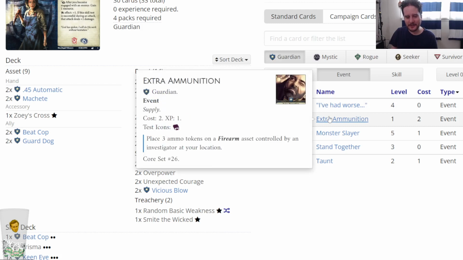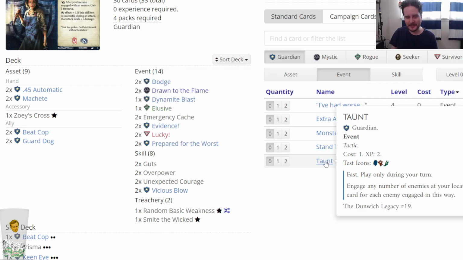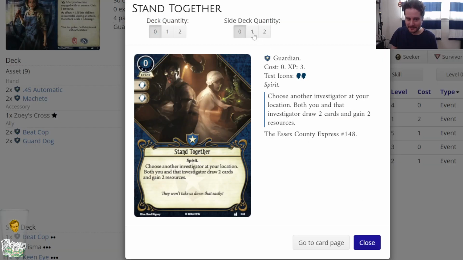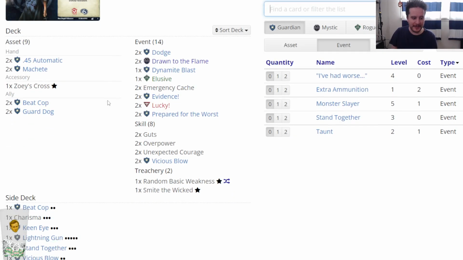So there's Stand Together. If you want more cards and resources, this card is an option. And then there is...